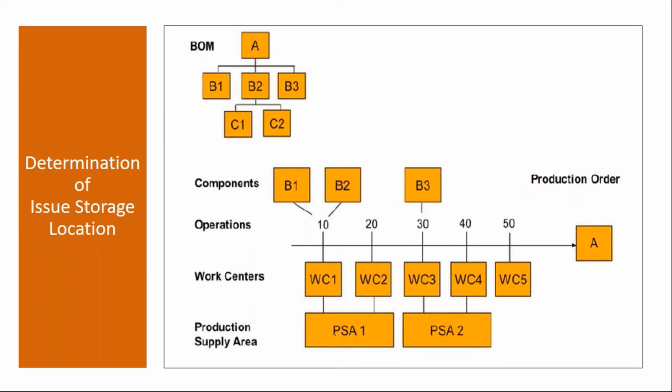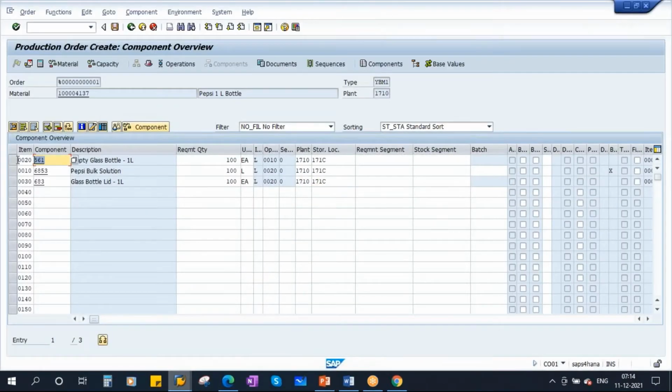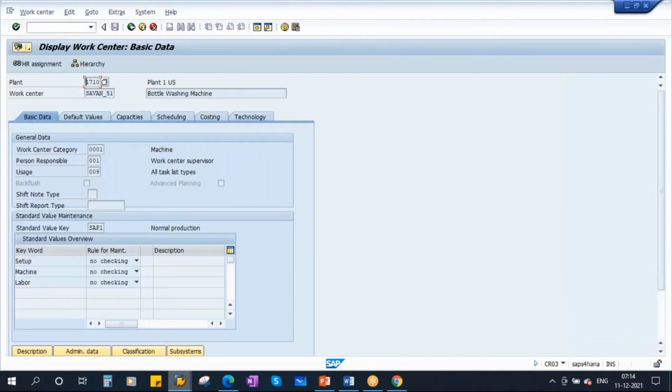Okay, so if you see here, you have these components. Normally these components will be assigned to the operations. If you go to the operation, these are the operations, and this operation will have a work center. In this work center, they will maintain a PSA. So I'll just go to the work center, double click, and here you see in this system it is not there.